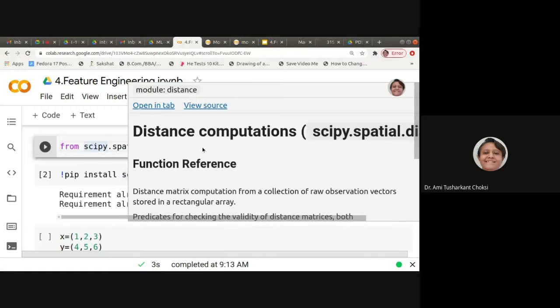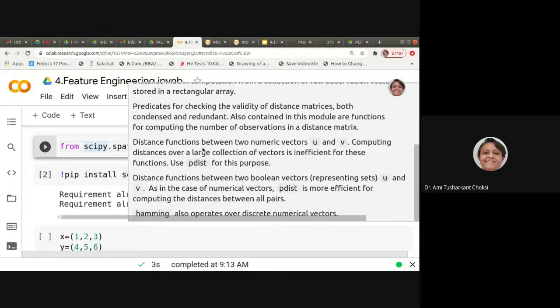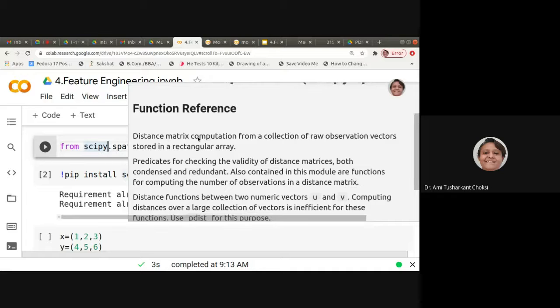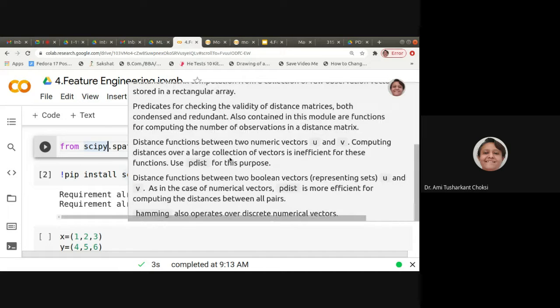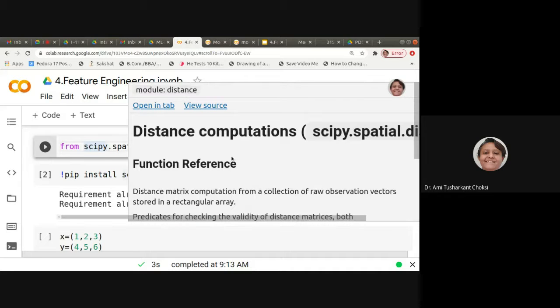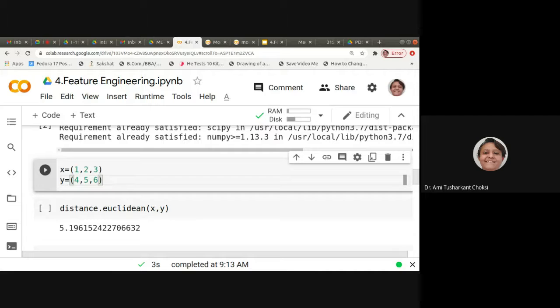If we want to see the help, we can put our mouse over that in Google Colaboratory and see the description: distance matrix computation from a collection of row observation vectors stored in a rectangular array. Okay. So let us find the distances. Let us say we have very simple x and y given to us, 1, 2, 3 and 4, 5, 6.